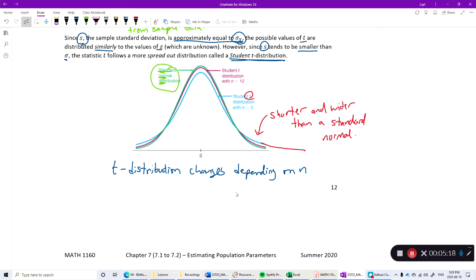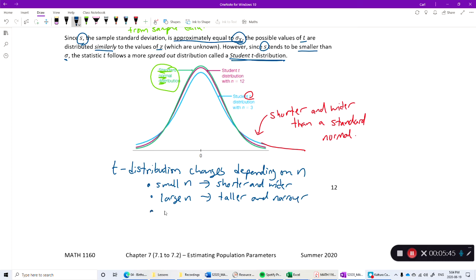So if we have a small n, it makes it shorter and wider, and a large n makes it taller and narrower. And if you have a really large n,